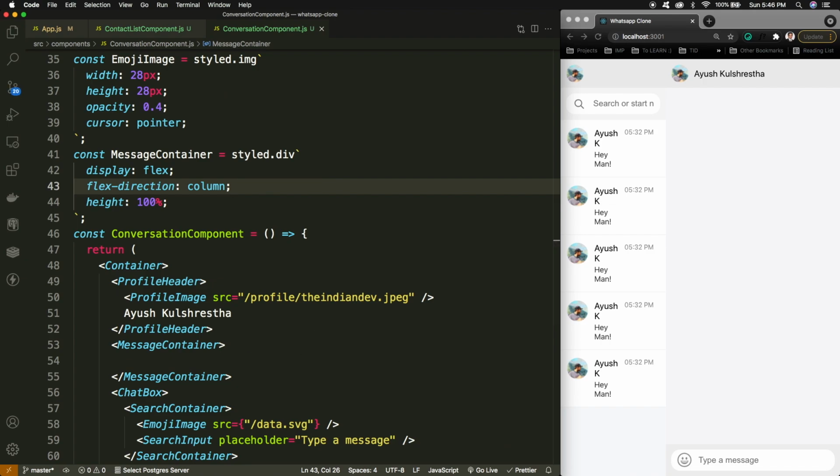So inside the message container, for defining this message, I can have a message div.